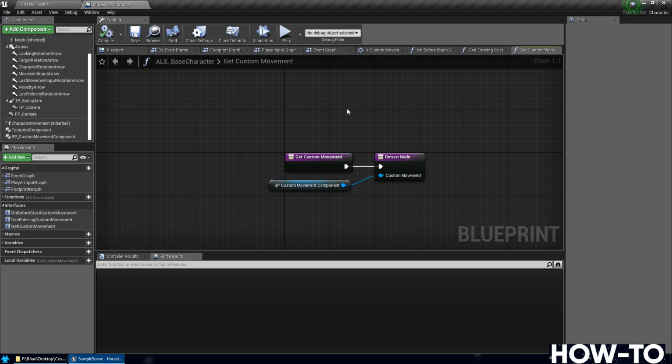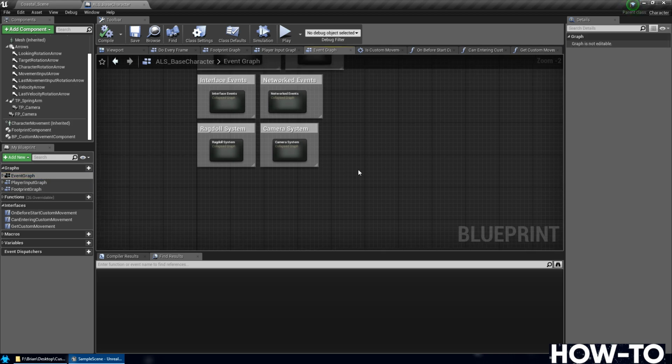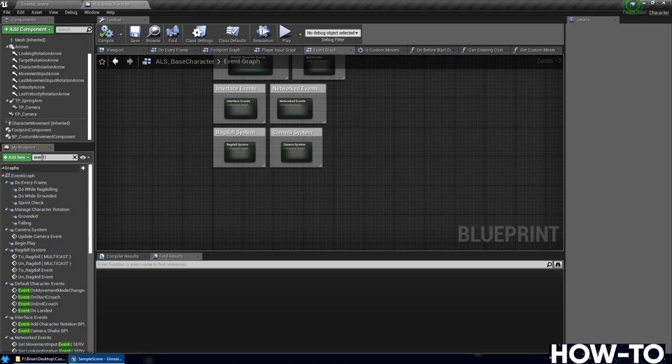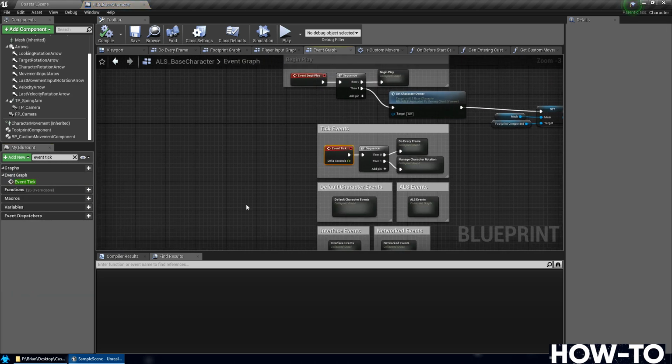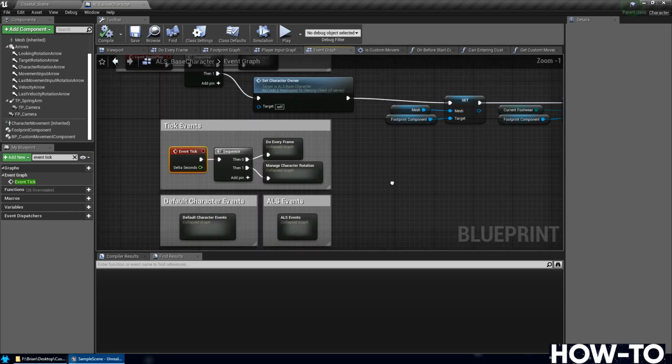Now we'll need to go back in and make some adjustments to ALS itself. First, we'll go into the event graph. So you see here event graph, select that. On the left-hand side, you can click event graph. You need to find event tick. So in the filter on the left, search for event tick. Double click that. Takes you right to the section if you're looking for it right here on the main event